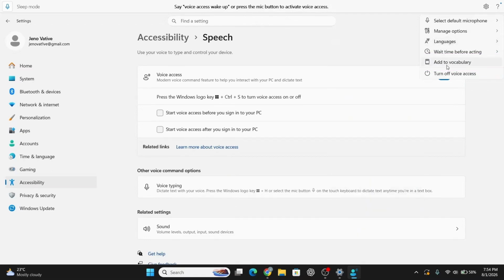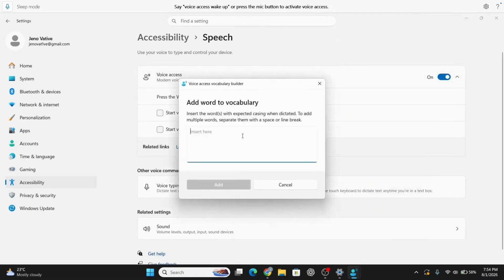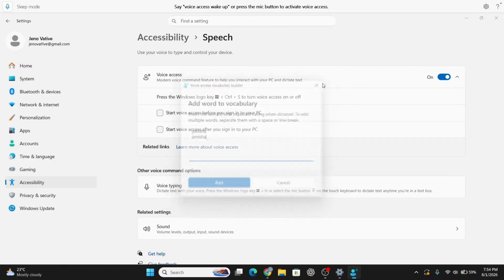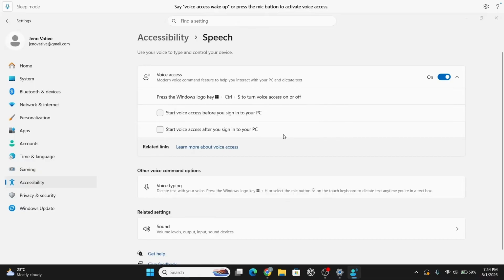From here, type or say the specific word you want added, like a name, brand, or technical term Voice Access commonly mishears. At this stage, if you have multiple words to add, type each one on a separate line. Keep in mind, click Add once you're finished entering your words, and Voice Access will now recognize them more accurately during dictation. Finally, test it by dictating a sentence using one of your added words to confirm it's now transcribed